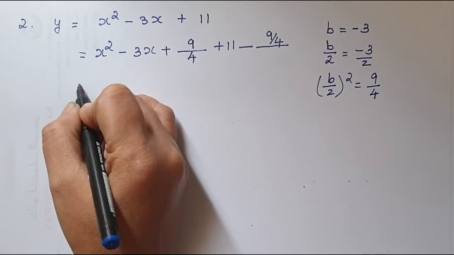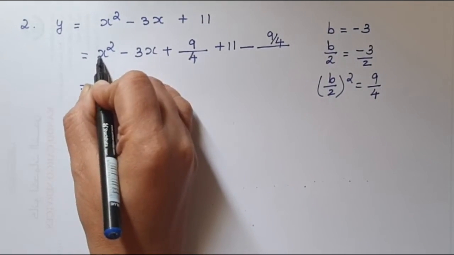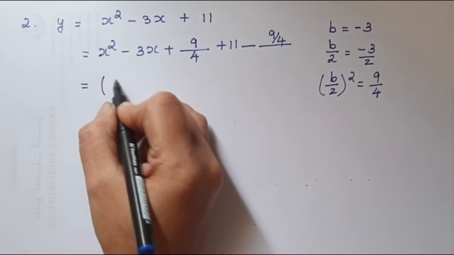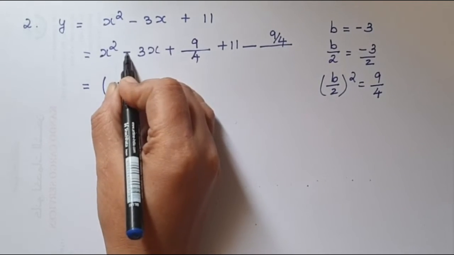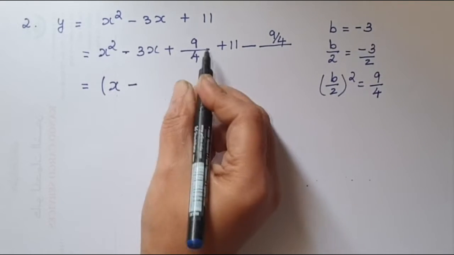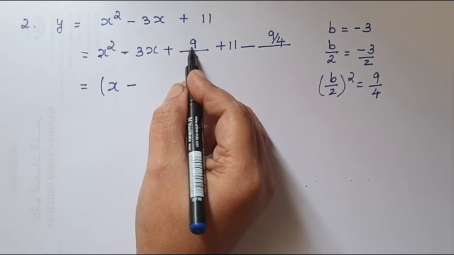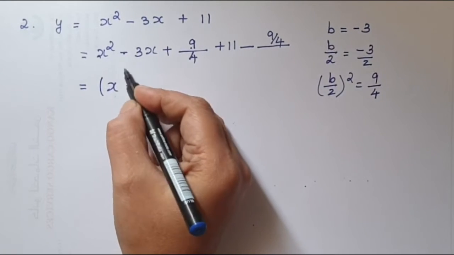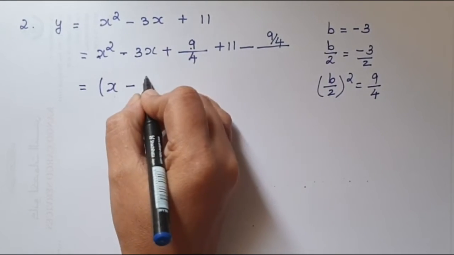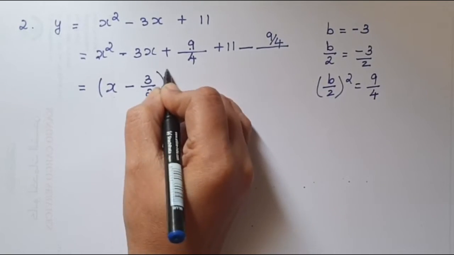So now when we take this, take the square root of it and write it. So x, since there is a negative sign over here, write the negative sign. First term and the third term, take the square root and write, and the second term's sign you have to write. So it is 3 over 2 the whole squared.